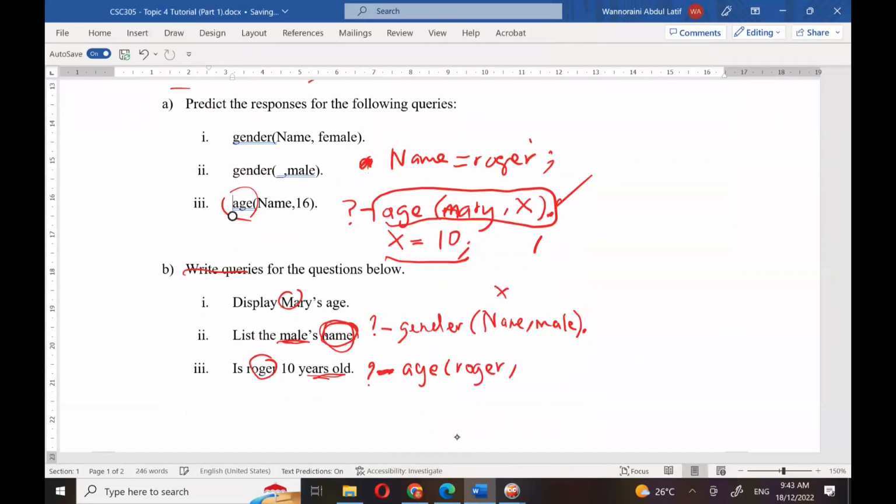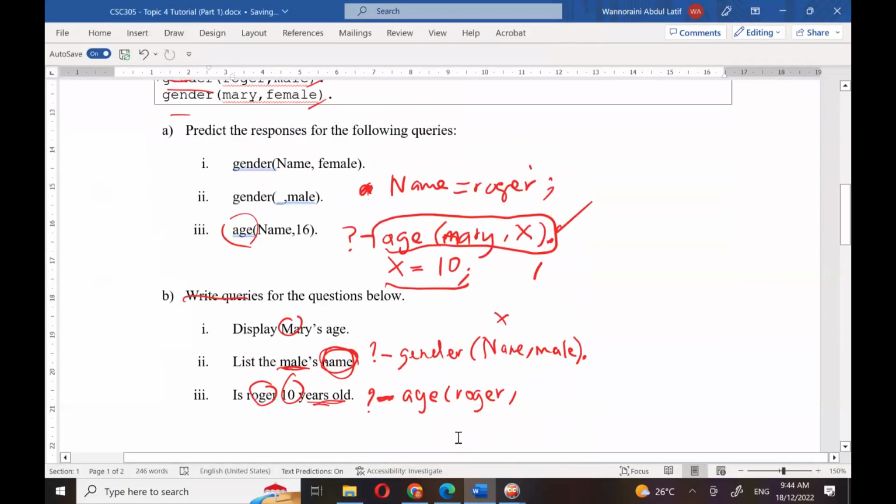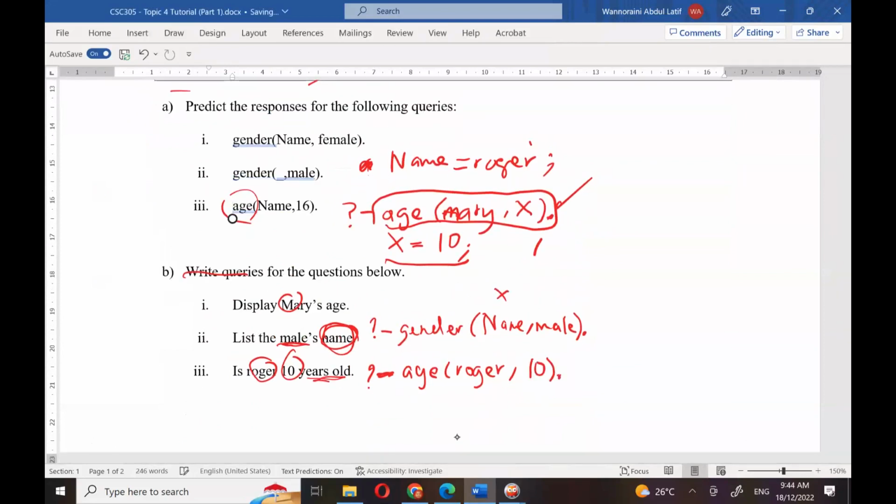Okay, jangan letak X. Kalau letak X nanti dia keluarkan X dia 16. Sebenarnya itu bukan apa yang dia nak kan. Apa dia nak check whether Roger ni 10 years old or not. Just letak 10 kat belakang ni. Nanti dia check kita punya